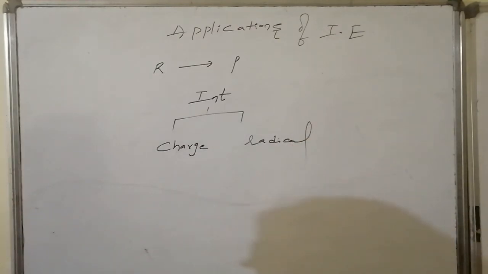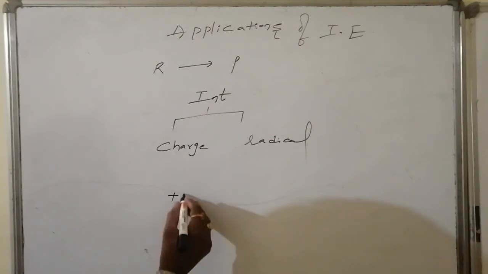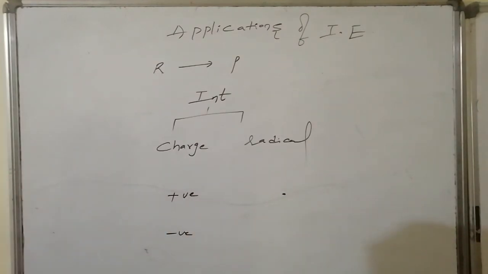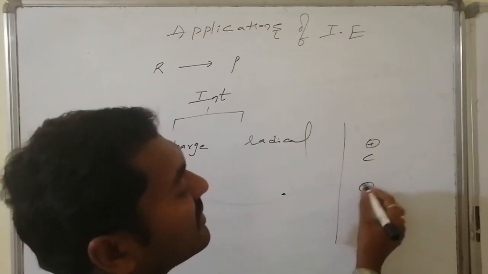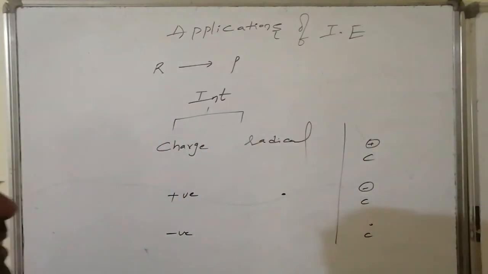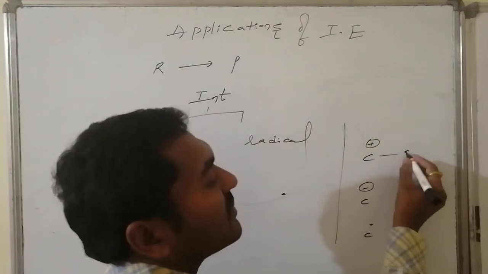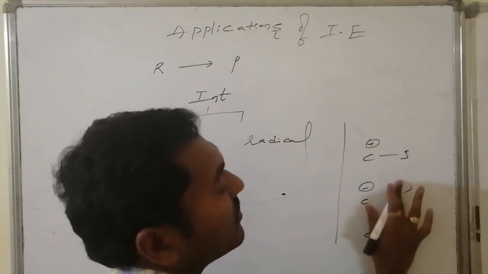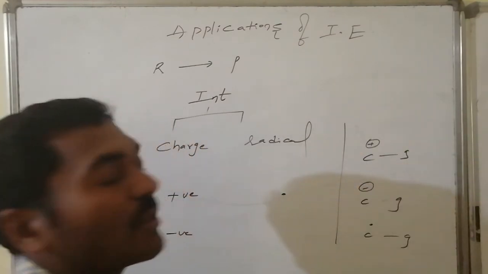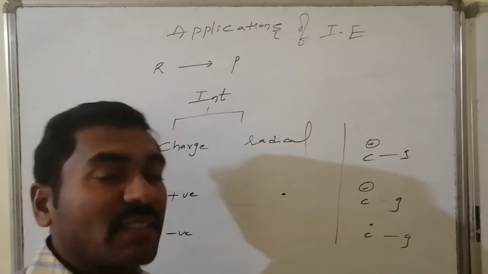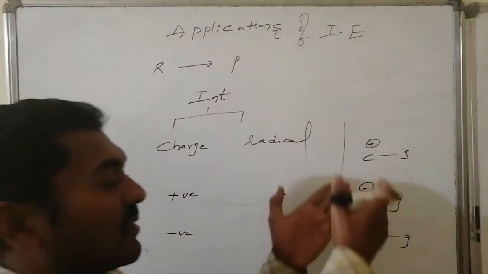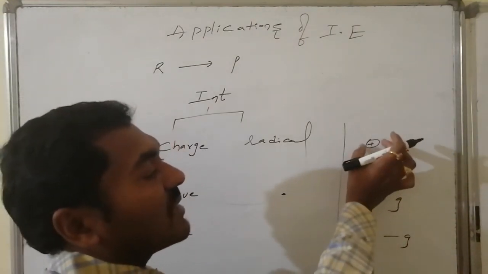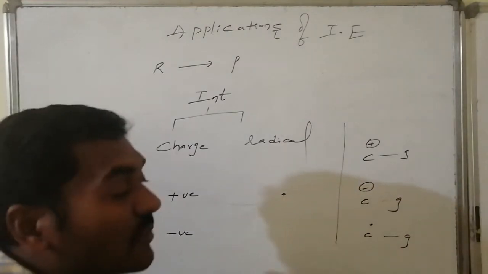This charge can be either positive charge or negative charge. Similarly, radical implies what? No charge, zero charge. Radical is generally indicated by a dot. Suppose I have a system like carbon with positive charge, carbon with negative charge, carbon with radical nature, connected to a group. Then what is the fate of this particular intermediate? How will the group affect the stability of the intermediate, how will it disperse the charge present on it, how will it disperse the quantity of the charge associated with the carbon? On behalf of that, its stability is determined.